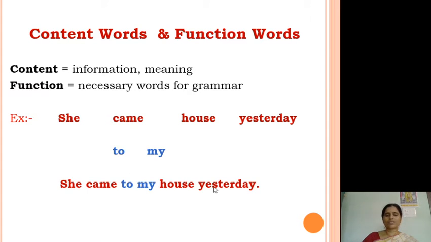Now these are not just individual words, but they are linked up, and they are giving some information and some meaning, and it's a meaningful sentence. Of course, the original words give meaning, but they need some more words to be added to make a complete sentence. Now the words which give information or meaning are said to be content words, and the words which are used to link up the content words grammatically to make a sentence are called function words.